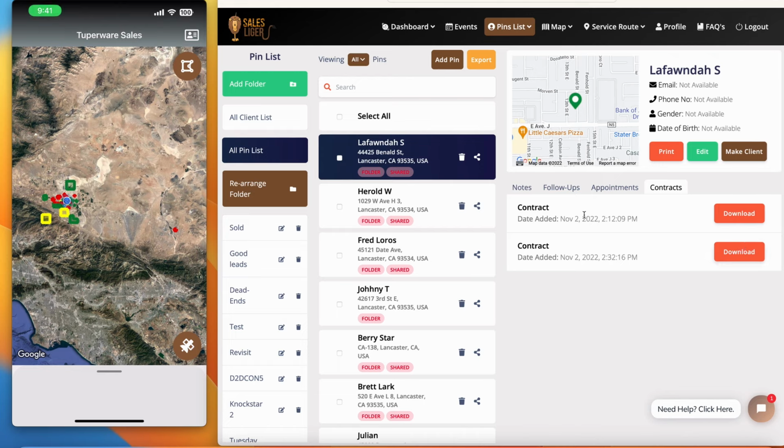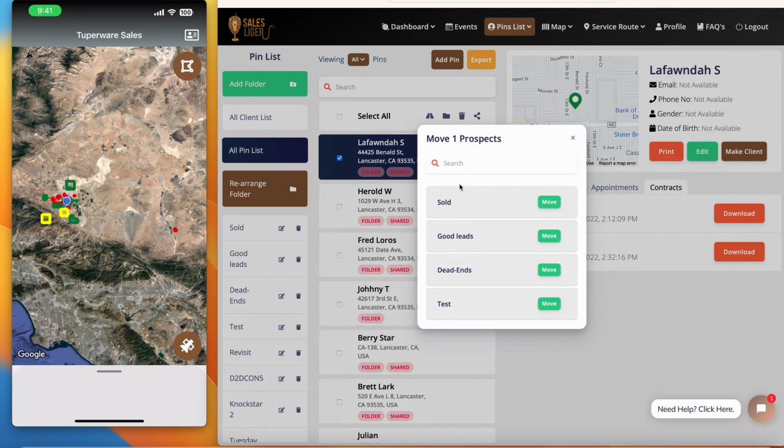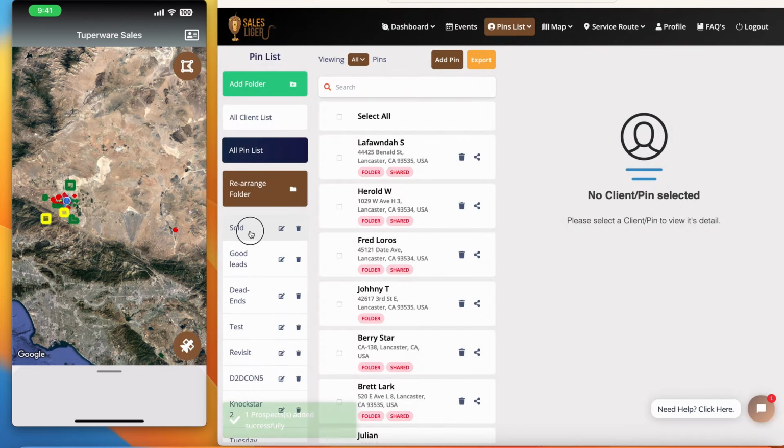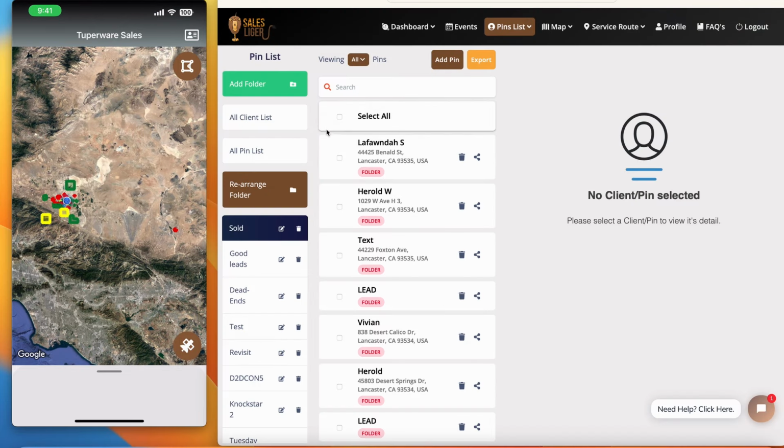So if we say, okay, this person is part of the lawn service, we just click on that person, add them to the lawn care folder. So I think I just made this the sold folder. We just simply add it to that folder. We click on that folder, and we can quickly select all or select whatever ones we want to go into the service routes. So that is our service routes, and now I'm going to show you what it looks like